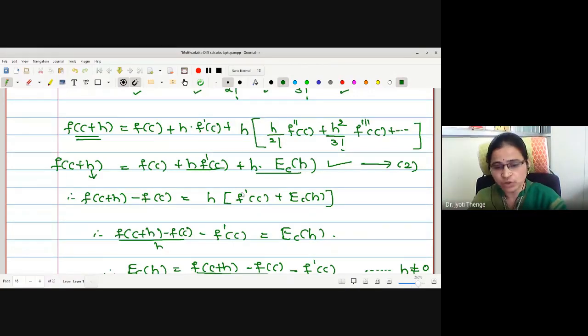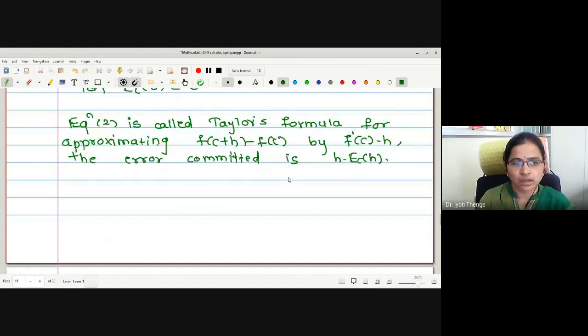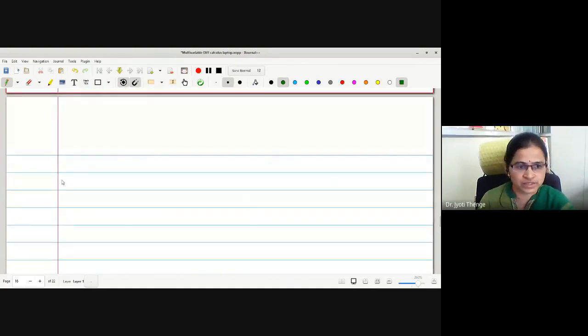Now what we will do? We will try to generalize the same for the functions of many variables. Before that, we will just observe the two properties of the two terms, first term and second term. Okay, let me write the two properties. Property of statement number 2.